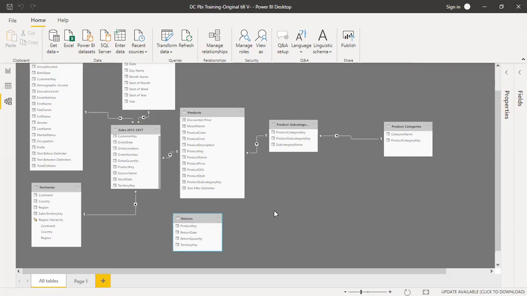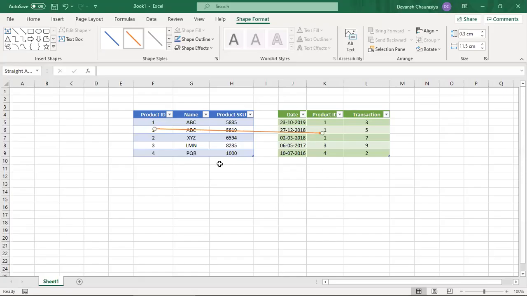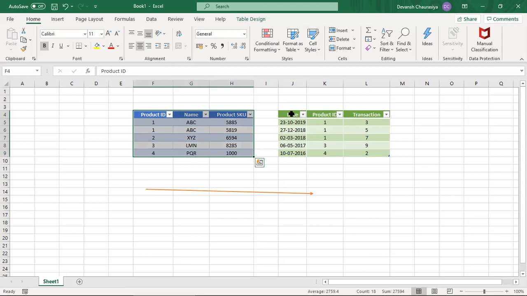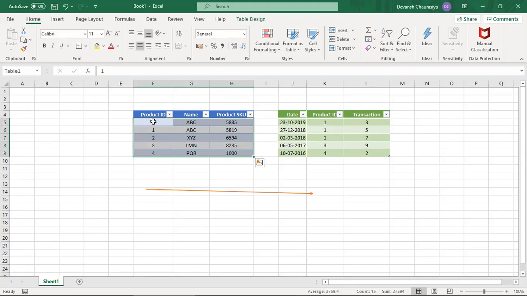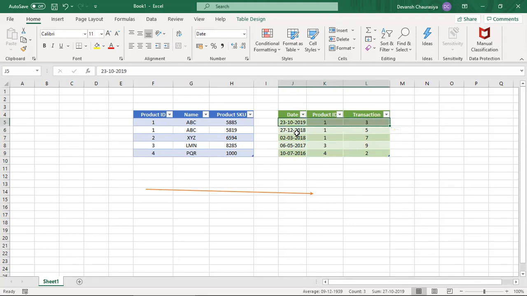Now, for cardinality, I have created an Excel. Let's say we have two data sets. Let's assume these are two different Excels, blue and green. One Excel has product ID, name and SKU, with product IDs 1 and 2. And this has product IDs 1, 1, 3 and 4, because maybe we are collecting it by transaction.